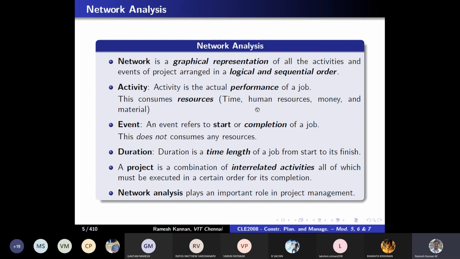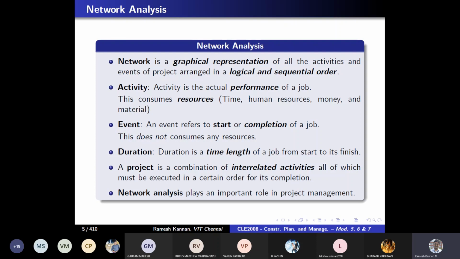Right? Then an event is the definite start and end, or it is the demarcation of the start or end of an activity. So a number of events will be there. The first of its kind will be the start event, which will be the initial part of every activity, and there's another thing called the end event, which marks the end of that particular activity. So during that particular event, the activity does not take place, and an event does not consume any resources. Generally, it does not consume any time. It's just like a marking entity, right?